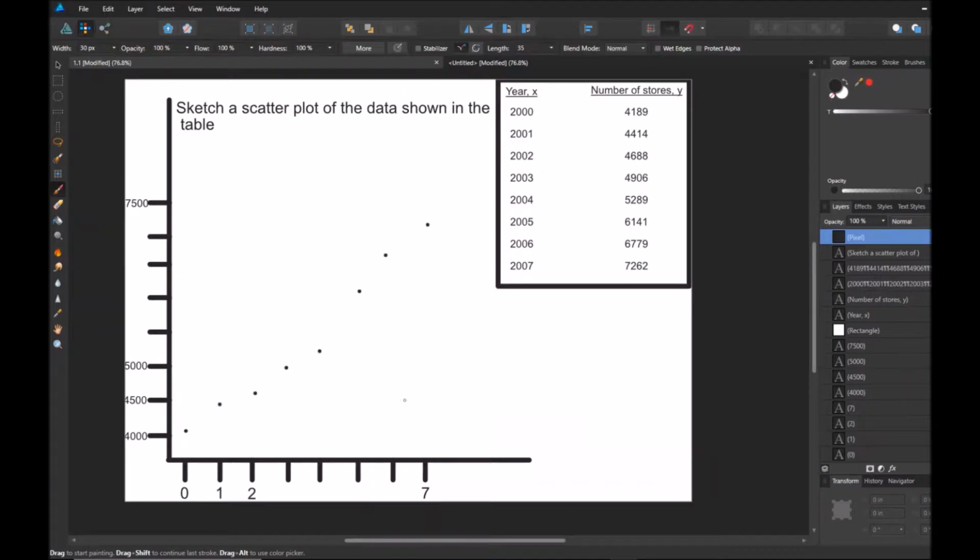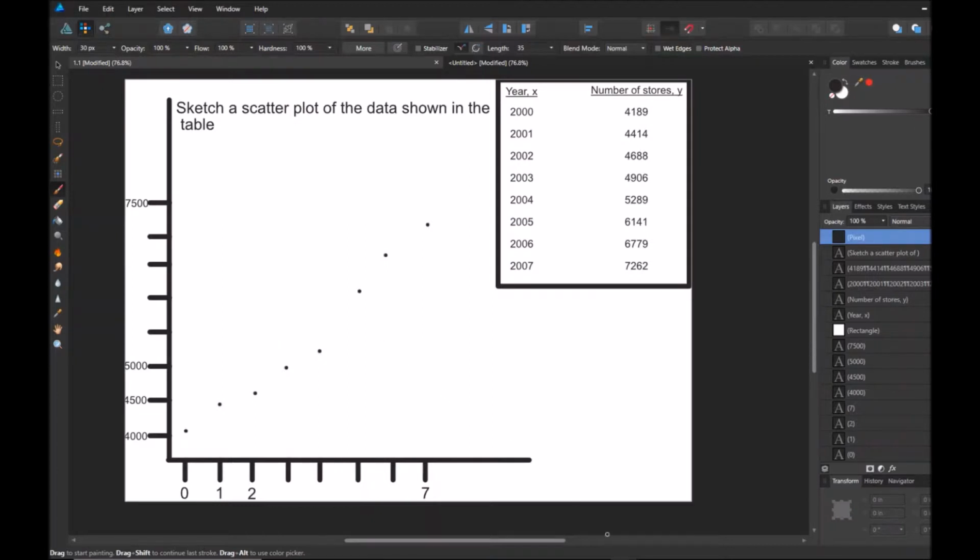Right there. And if you were asked to identify a type of correlation, then this graph would have a positive correlation, because as the values on the x-axis increase, so do the values on the y-axis. So if you're ever asked about a correlation, that's how you'd know. It's a negative correlation if one value increases and the other decreases, and it's no correlation if it's just truly